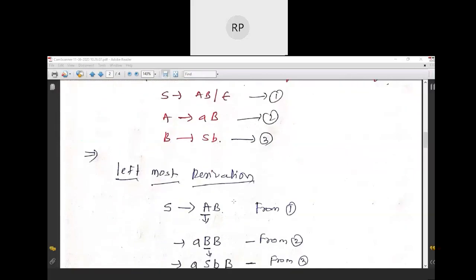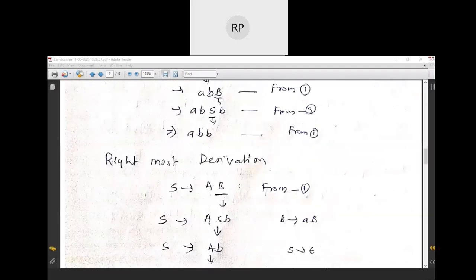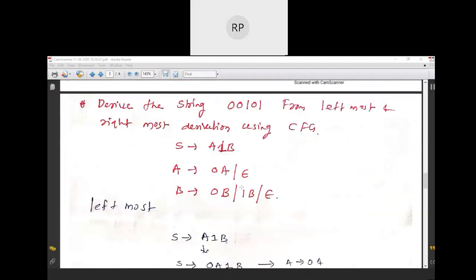Now let us take one more example on this. In the previous one we considered A's and B's. Here we'll take zeros and ones. Okay, this is the second example. Derive the string 00101 from leftmost and rightmost derivation using a CFG.